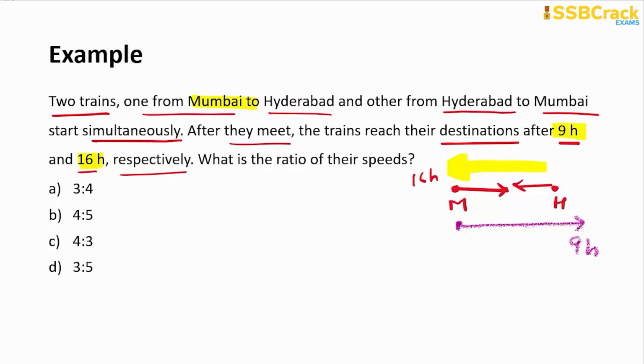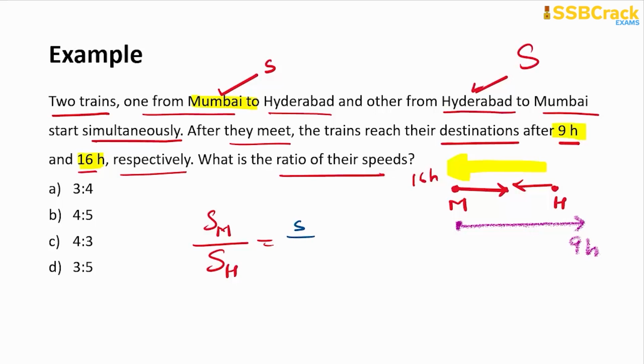So for this, we are about to get the required answer, that is the ratio of the speeds, the speed of the train starting from Mumbai to the speed of the train starting from Hyderabad, which are nothing but the notations as per the formula. The speed of the first train, starting from the first point indicated, is small s, and from the second point is capital S. Alright, so we are about to calculate small s by capital S, which we will get as